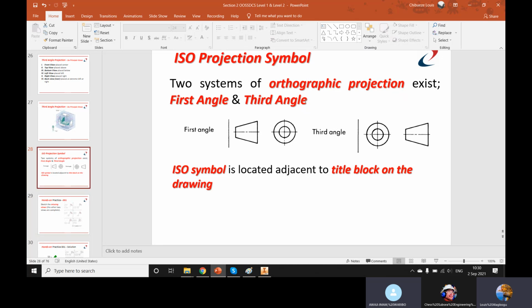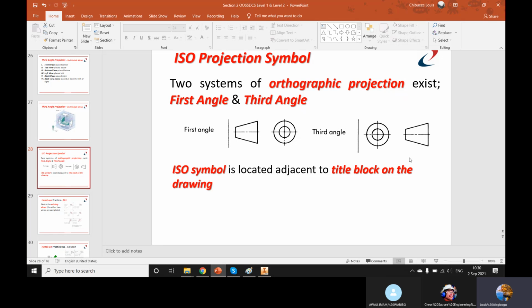So when you see a drawing, we try to show if we are working with first angle or third angle by these symbols. If you see this symbol here, you know that they are working with first angle, so it will help you read it properly. If you see this other symbol, you will know they're working with third angle. It's not right to just assume that third angle is the most commonly used, and so every drawing you see is in third angle. It's proper practice to check to see if the